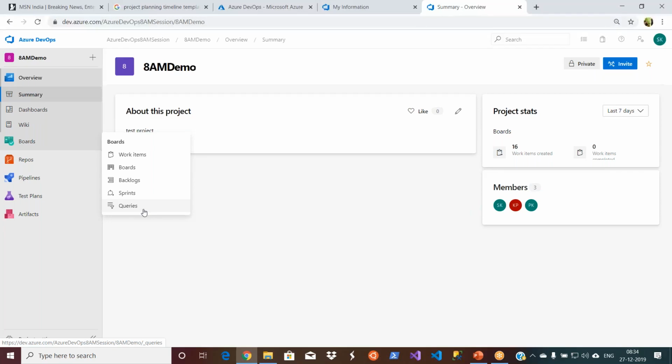So the process is the same, whether it is for boards or pipelines. So now I'm going to use one third party plugin which gives me a delivery plan. Okay, so how you can do? So you go to this symbol on the top right corner, right? So click on browse marketplace.